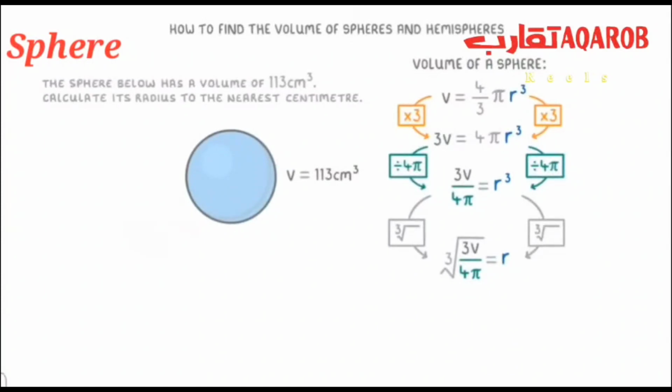And now that we've got r by itself, we can plug in the volume of 113 and work it all out. So the cube root of 3 times 113 divided by 4 pi, which if you put that into your calculator will give